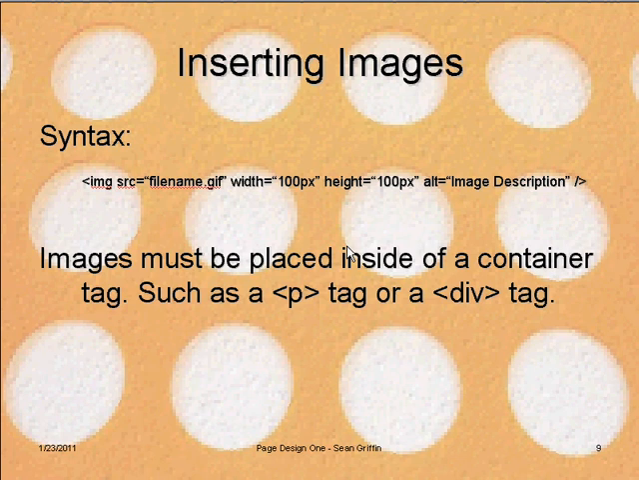Inserting images. Here's the syntax. Image, source, width, height, and alt. These are the items that you need at a minimum. IMG, that's the element for inserting image. And then you have attribute value pairs that follow. So, IMG, and then the first attribute value pair should be source, SRC, equals, and then you provide a file